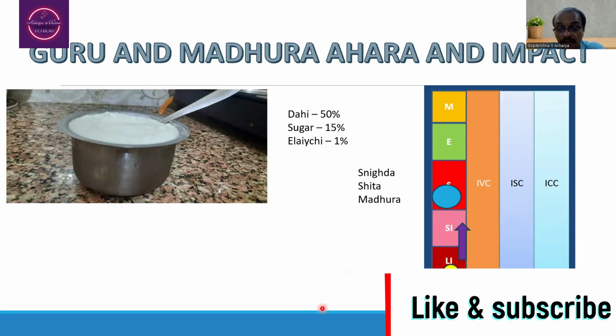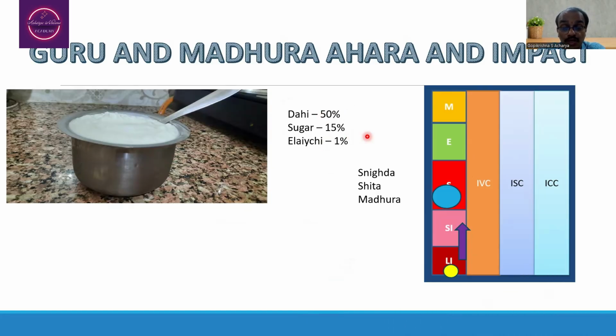Regarding the third aspect, if the person is consuming more amount of the dahi, for example 50%, which is added with sugar, almost 15%, associated elaichi, etc., there may be a possibility of the increase of snigdhata, shetata and madhurata in the alimentary canal. Of course, this will be if the person is suffering from the Apana Vata dysfunction, this will be responsible for